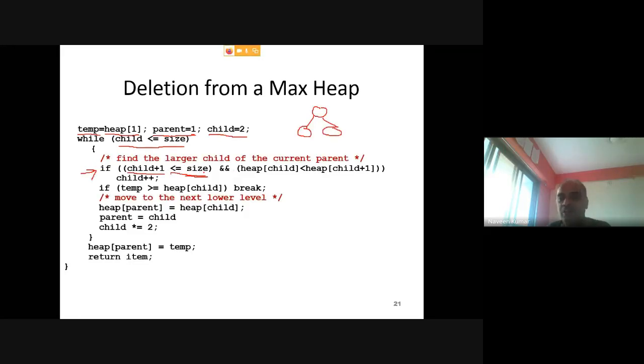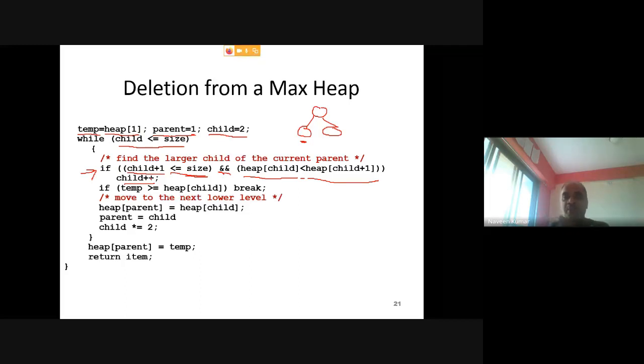If this condition is true, it is a valid position, and the left child is less than the right child, it means the right child contains the greater element between left child and right child. Then you need to increment child by 1. You need to remember the position of the largest element.